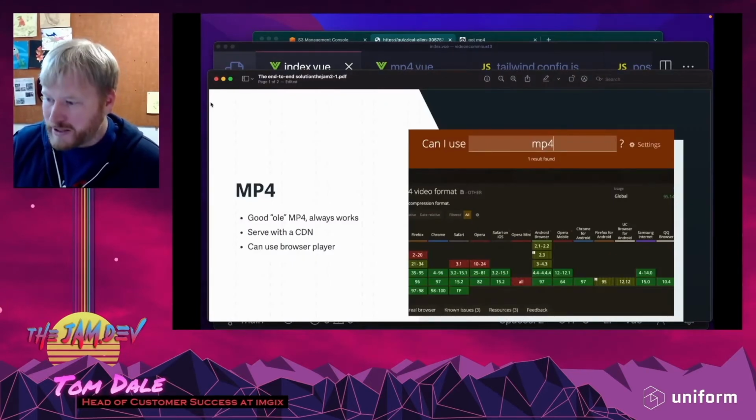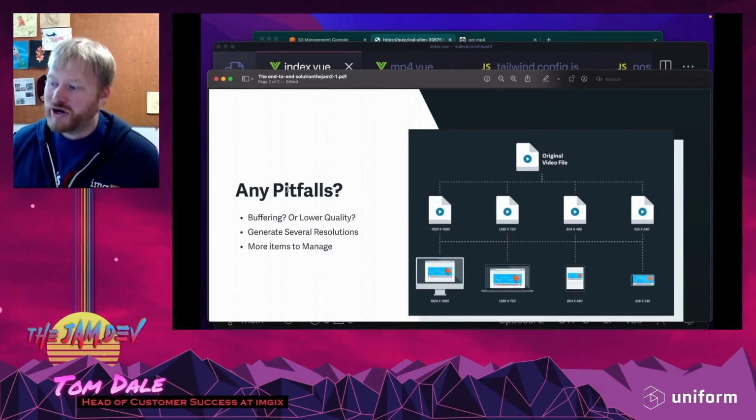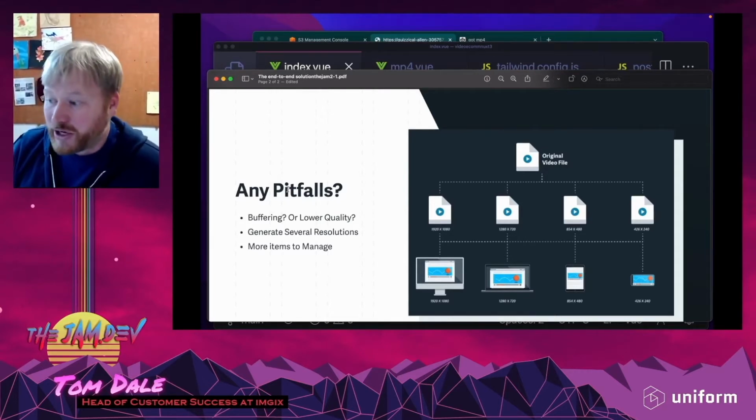So when does MP4 have any pitfalls? When is that a problem? Well, there becomes this issue of how high of a quality I should make my MP4. People with good internet, 4G, 5G, would be able to download my higher quality video and see a nice video. But if I do that, then I've got people that might be taking a train, BART, whatever, or maybe they're in a bad service area, maybe they're on fast 3G. Those people are going to be having a heck of a time watching that video, and you're going to lose those users. I think some of the numbers I saw were around 20% of users could be on fast 3G